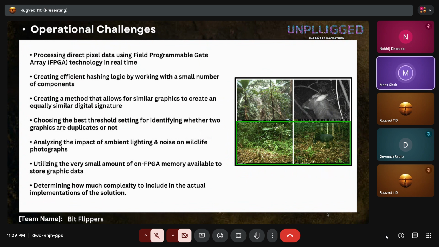Choosing an optimal threshold for duplicate detection was also important. Additionally, we had to consider the effects of lighting variations and noise in wildlife images, along with the limited on-chip memory. Now coming to the simulation,